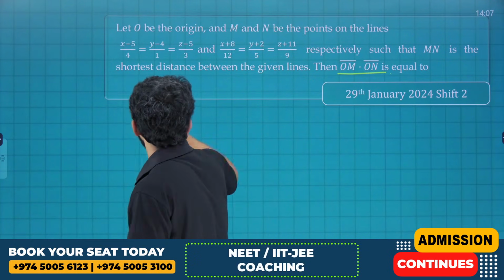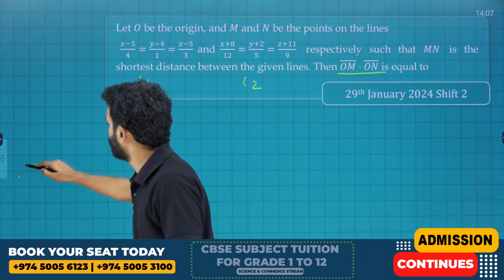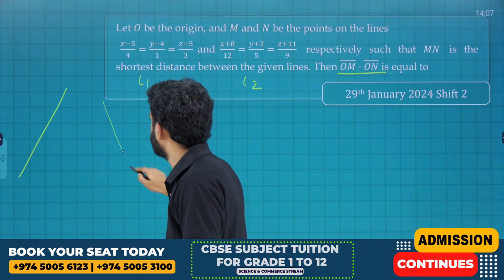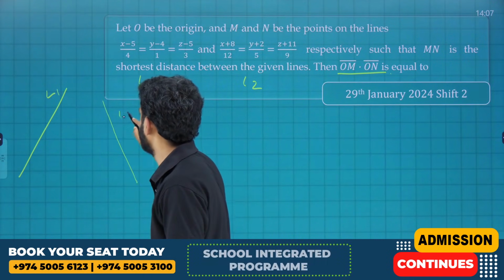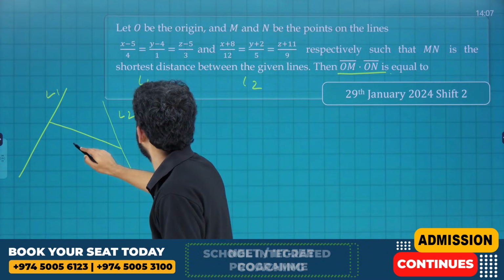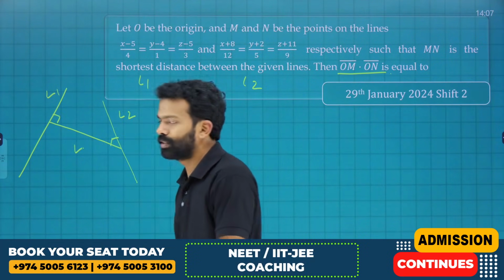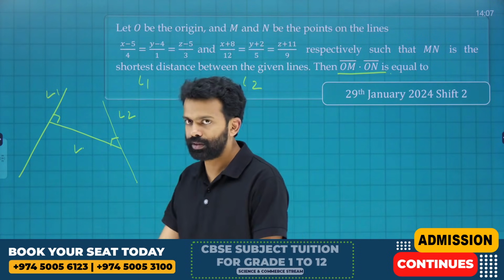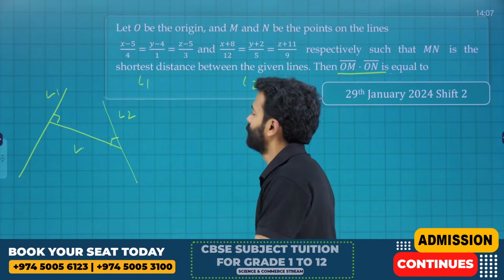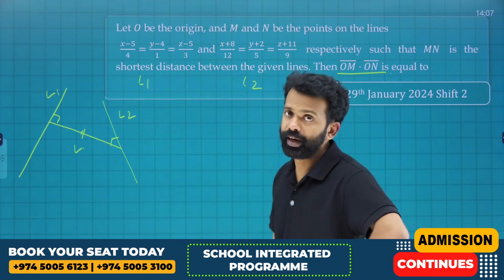See, let's take this line as L1 and this as L2. So I'm going to draw two lines like this. This is L1 and this is L2, and suppose another line, which we can take as L, which is perpendicular to these two lines. As I said in the last session, please pardon my drawing, it's very bad actually, but it is perpendicular. So to formulate the equation of this line, we need to know the direction ratios